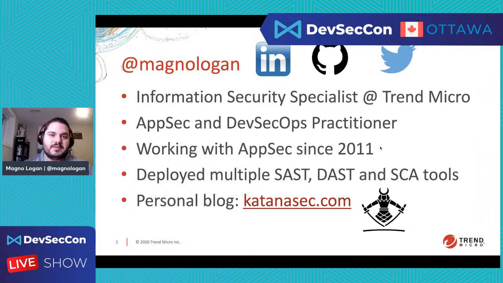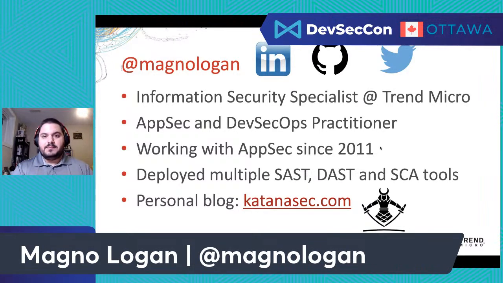So I've been working in that kind of area for a while now, and also worked with many different tools, mostly SAST, DAST, and SCA. So static analysis, dynamic analysis, and software composition analysis, if you don't know the meanings. And I think since 2017, 2018, SCA has gained a lot of attention, and I was pretty interested in deploying it and helping developers secure their code and their dependencies as well.